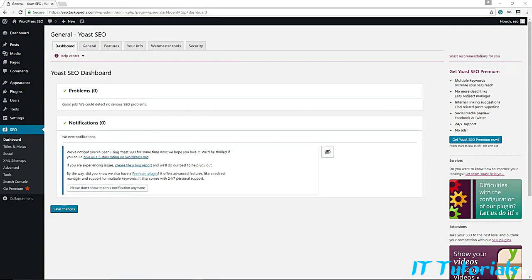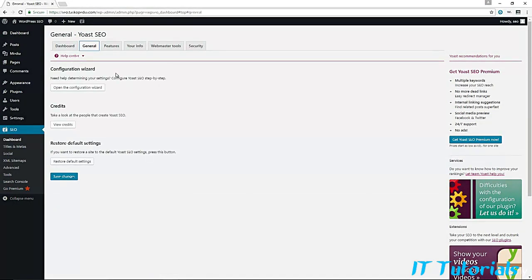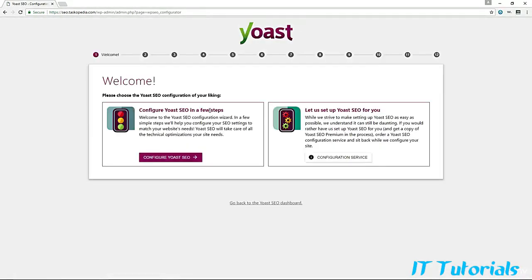And these few little things are in your general tab. Okay, and now over here, well, you have three different options. The very first one would be to open the configuration wizard. This was pretty much the very first thing that we did initially, where we configured the Yoast SEO. So if there's anything that you wanted to change, you can do so in